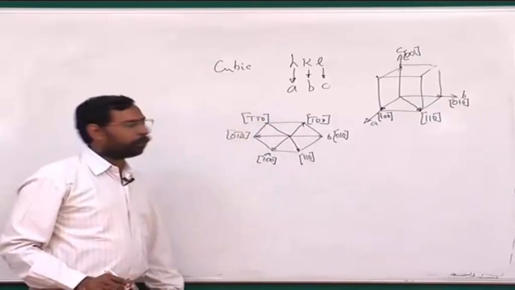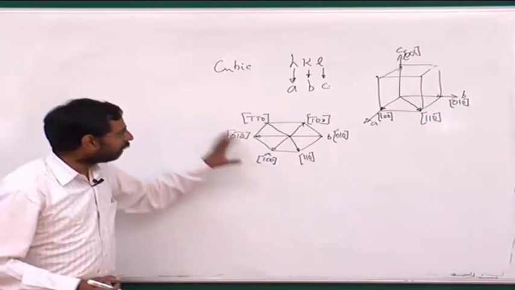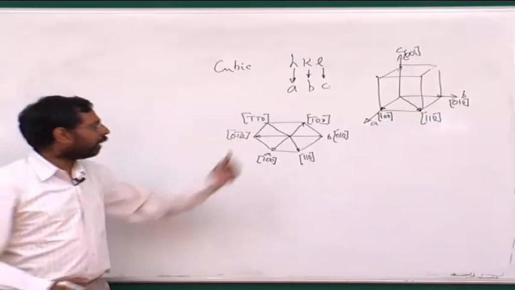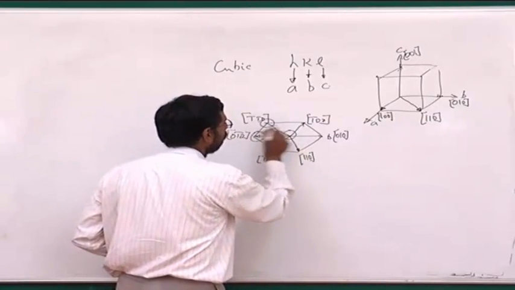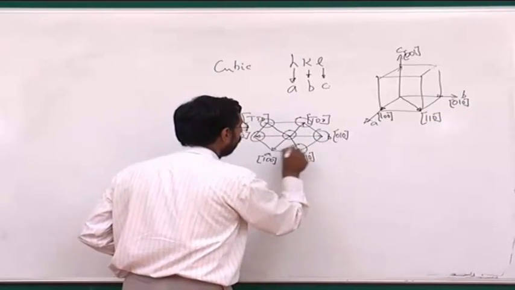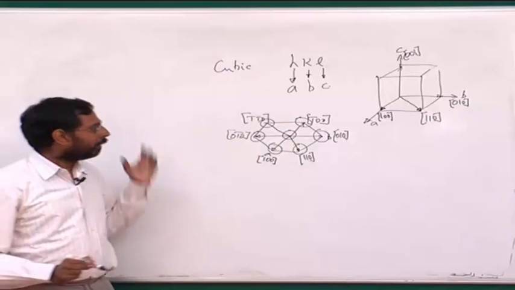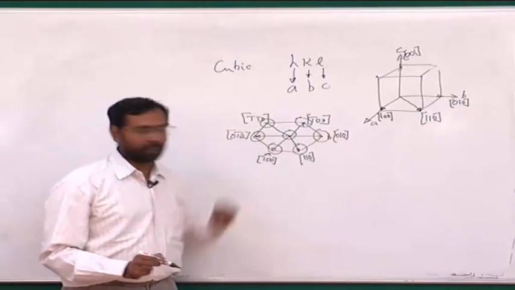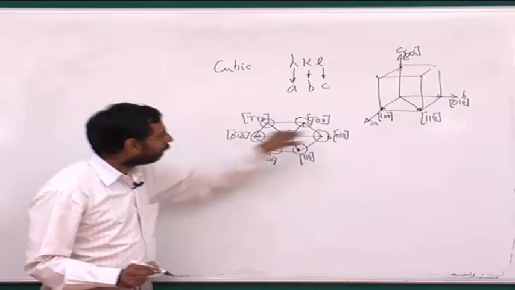The problem now that we are facing is that we have 6 directions in this basal plane. All of them have the same symmetry. They are all having similar atomic packing. So you have an atom here, you have an atom here, you have an atom here, you have an atom here, you have an atom here. So the atomic packing is similar, the symmetry is similar, but you see that one of the directions, depending on what is the origin, what is the